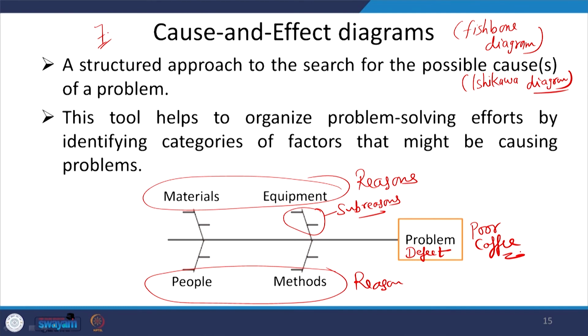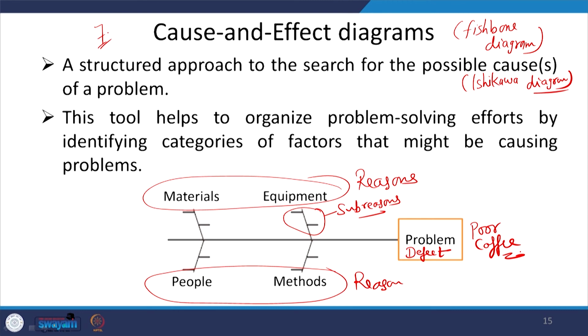Similarly, you can think of different types of problems and different types of problems are coming because of various sources. So, the left side of this diagram is the source and the right side is the result. So, these are the causes, this is the effect. So, therefore, this is known as cause and effect diagram. Based on this cause and effect diagram, you can develop your checklist that these are the possible reasons because of which this defect may come. Based on this cause and effect diagram, you can develop a checklist for your Pareto diagram.